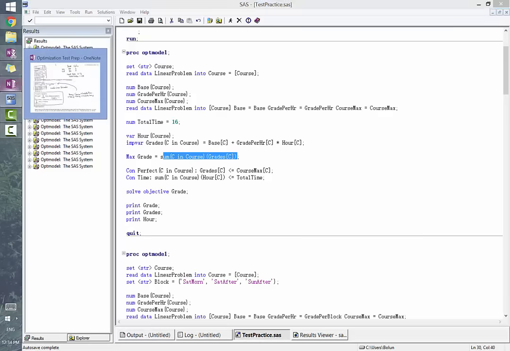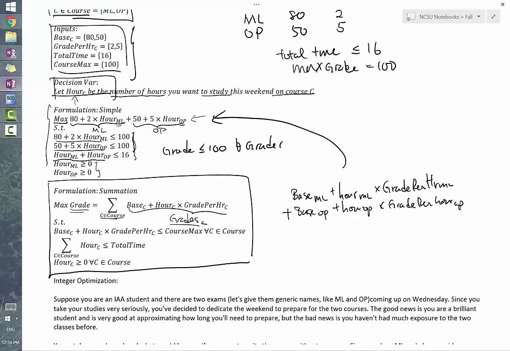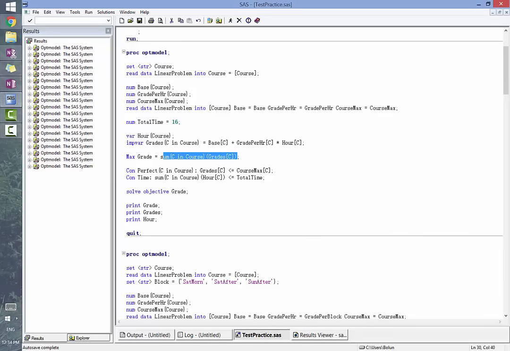Let's look at the constraints. Our first constraint is the grades in a given course have to be lower or equal to max. So for every course in C, the grades we achieve has to be lower than the maximum of the course. Again, this probably doesn't need to be indexed on C, but